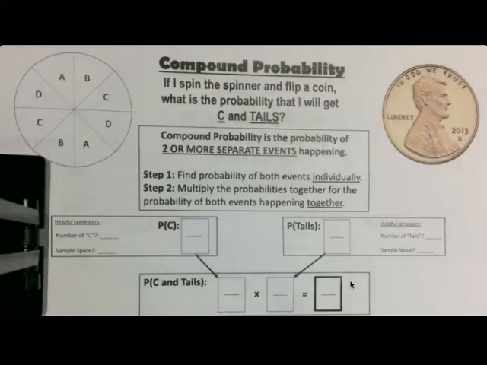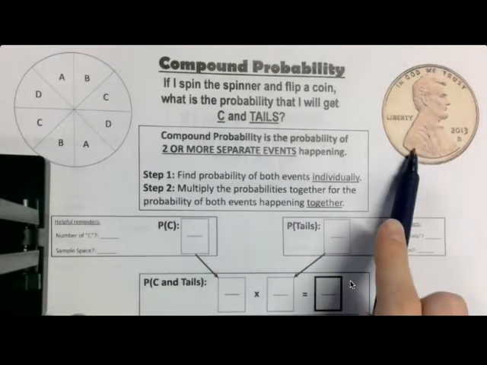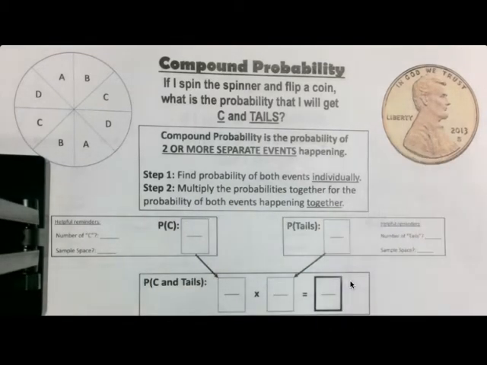So sometimes it'll be like this. If I spin a spinner and I flip a coin, those are independent because they have nothing to do with each other. So it says, find the probability of both events individually, and then you're going to multiply them together to get your final answer. So it says,